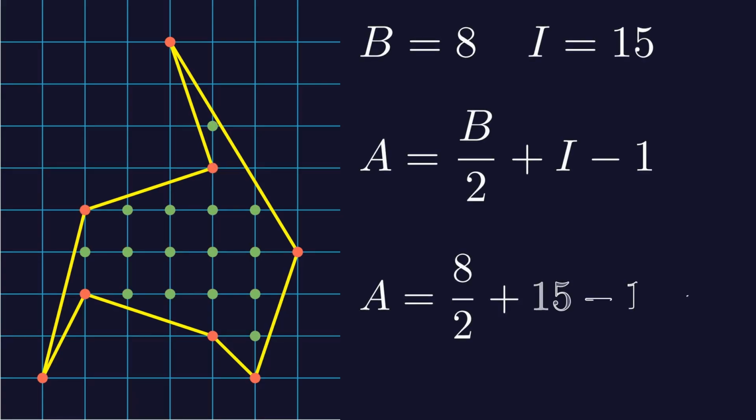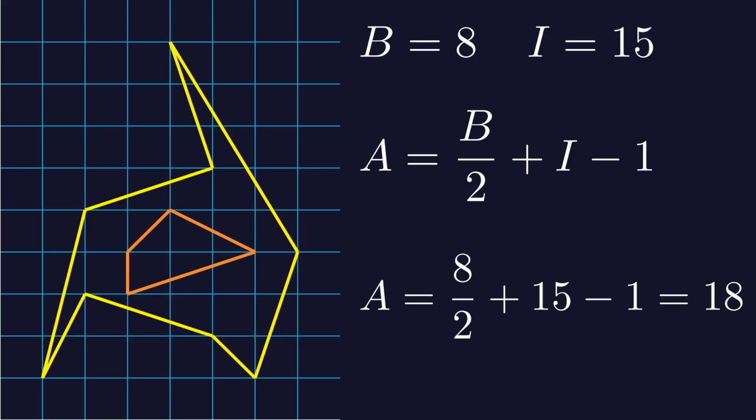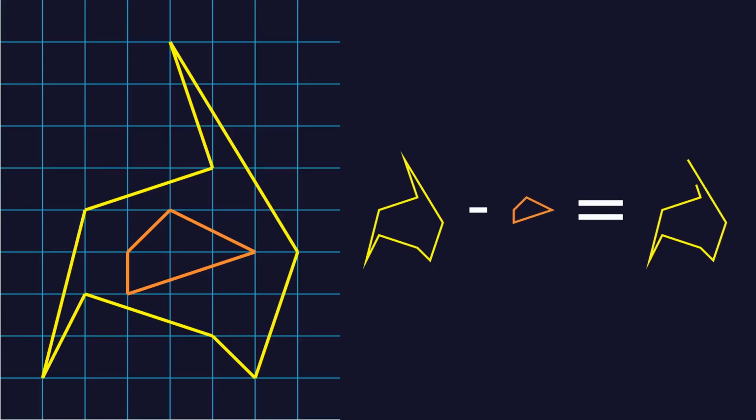So, when we plug those values into the formula, we get 18. But what if our shape has a hole inside? Will the Pick's theorem still work? To calculate the area of the shape without the hole, we could just calculate the area of the whole shape and subtract the area of the hole. But there is an easier way to calculate the area of the shape with a hole, or even with multiple